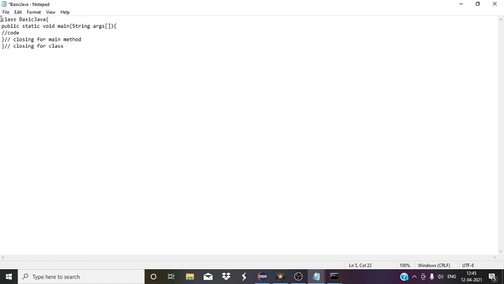Okay, this is the syntax that we have to follow in Java. And what does public static void mean? All of this we are going to learn in the upcoming video lectures. So this code we have to remember in order to write programs.